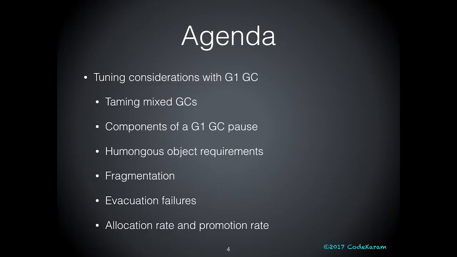Next, I'll talk about components of a G1 GC pause. When we talk about GC logging with G1 GC, when you do print GC details, you get a lot of information. So I will quickly try to get you familiarized with that information. Then we'll talk about humongous objects with G1 GC, and then fragmentation in G1 GC, evacuation failures in G1 GC,